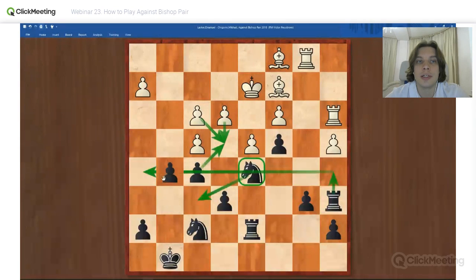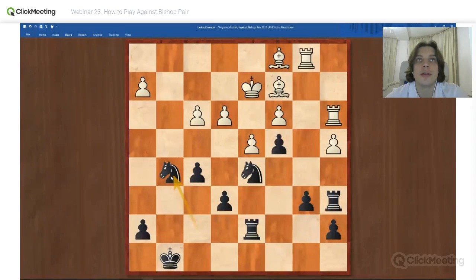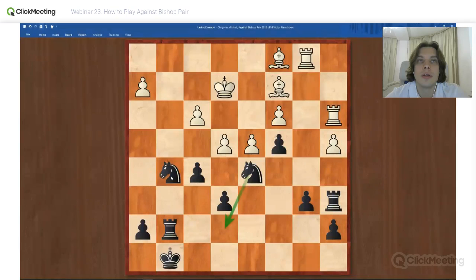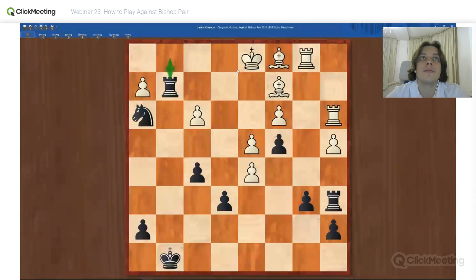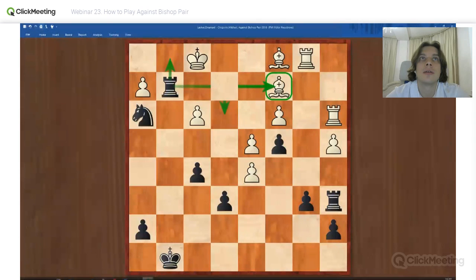He played g5 immediately. He was hoping for f takes g5, knight takes g5, king e2, and the rook g7. If e4 now, then of course we can play knight a7, but knight h3. And then if he takes rook g2, winning the bishop. King d1, for example. And then just repeat the position and claim a draw. Or if he moves to f1, let's say, we can also repeat the position.